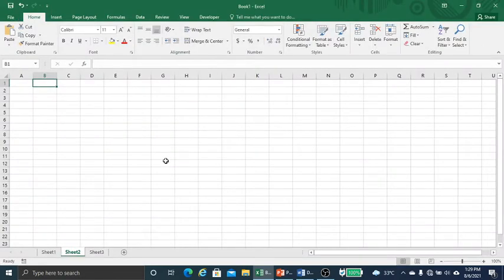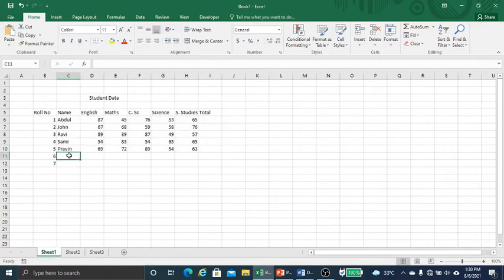Now how to insert a text in a workbook? For inserting a text, we'll just select the cell and just go on typing. Suppose I am typing here, in the place of name, I am writing a name, say Shahnaz, S-A-H-A-N-A-Z. So like this we can insert a text in a workbook. For inserting text, we just left click a cell, and then we can enter a text in the cell.